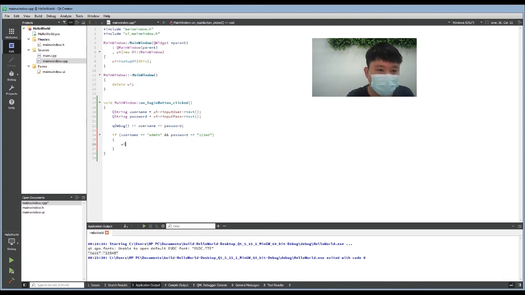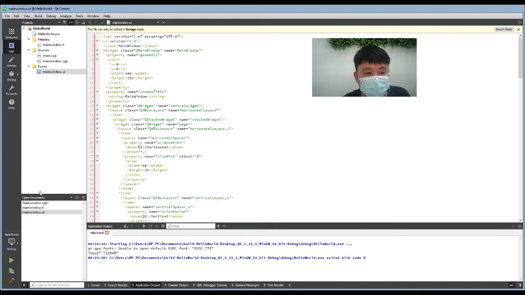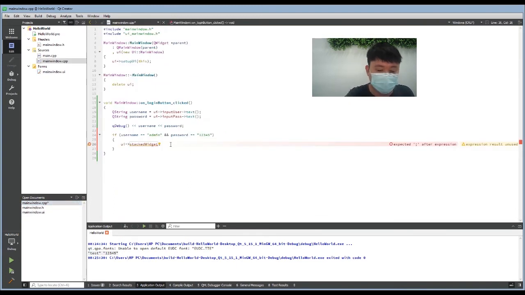So in order to do that, let's go to UI stat widgets, which is the name of the widgets here. If we rename it, you have to specify it in the code as well. Stat widget and set current index to 1, which is second page. First page starts with 0, okay? Else,